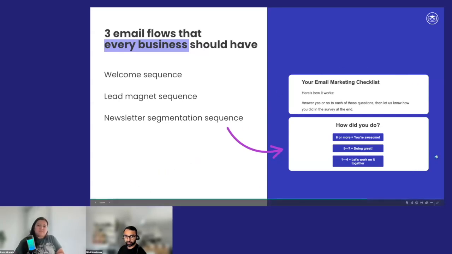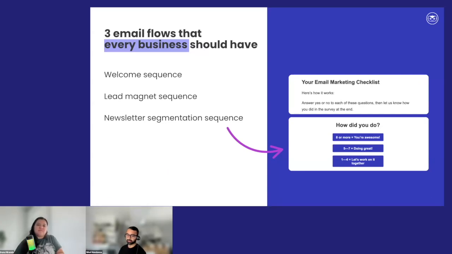And I think even here, when we say these are things every business or organization should have, it can, of course, change depending on what your goals are. But ultimately, especially a welcome sequence, having some type of flow that ties into a higher funnel action. Let's say the point of lead magnets and things like that is to capture people's interest, even if they're not in market for what you're trying to get them to do.